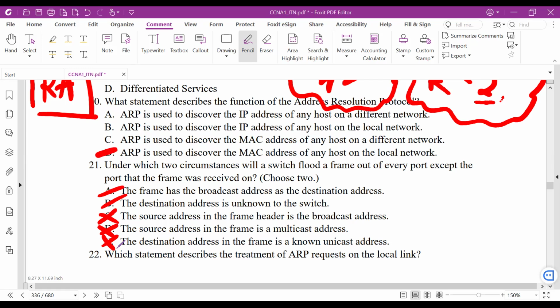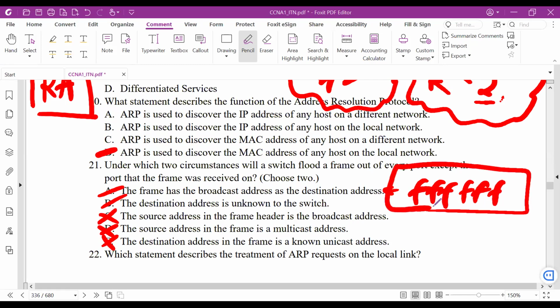So the circumstance that floods a frame out every port is when the frame has the broadcast address as the destination, right? Is when the destination is FF, this is the destination you're broadcasting. It's sent to every port except the incoming port. If the destination is unknown, can I still zero to the destination MAC address we broadcast as well? Then